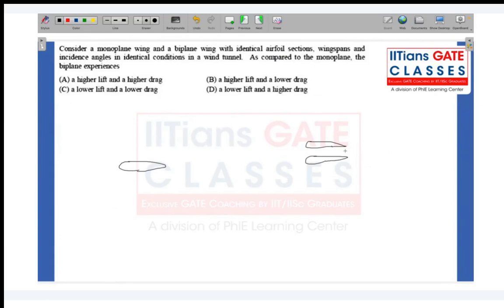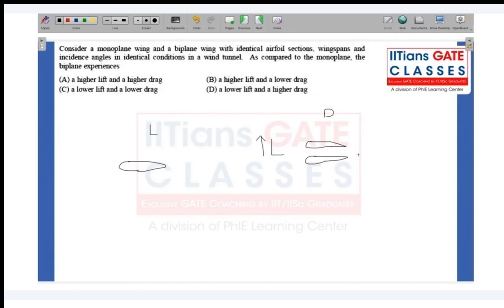So as compared to the monoplane, the biplane would experience higher lift and higher drag, higher lift and lower drag, or lower lift and lower drag. So basically, they are asking us to compare the lift and drag for these two configurations. Usually, what happens is that a biplane has two things which contribute to a higher lift. The biplane has two airfoil sections, two wing sections that will